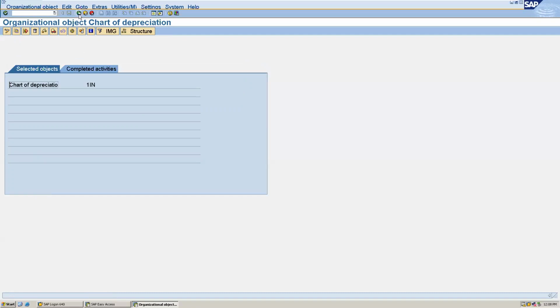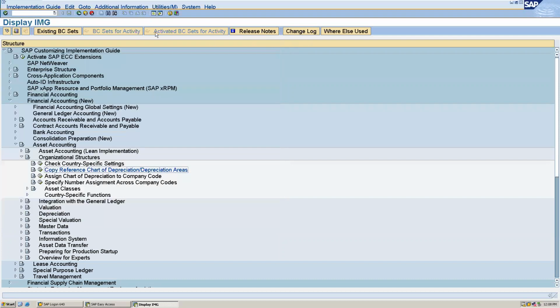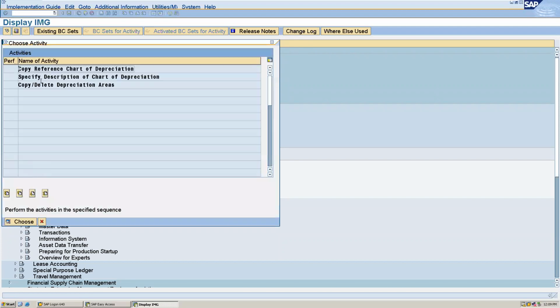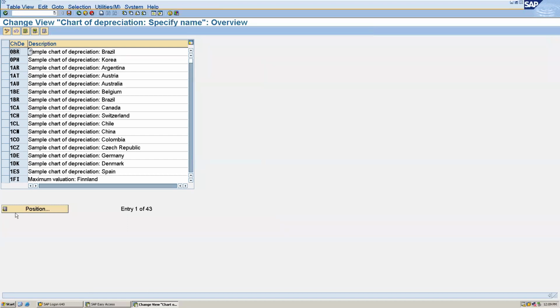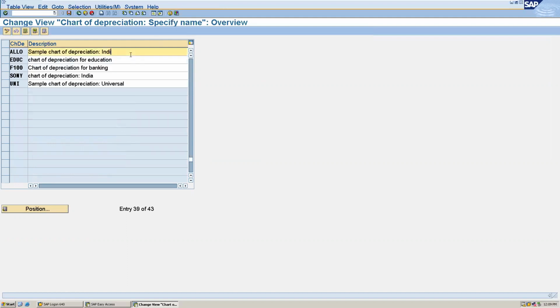Okay, now go back. You can copy or delete the depreciation areas, or first I can give the description of the chart of depreciation, which I have created. ALLO, this is the chart of depreciation ALLO.